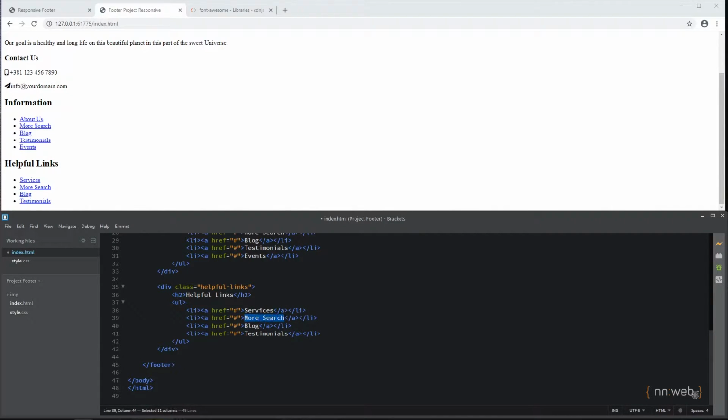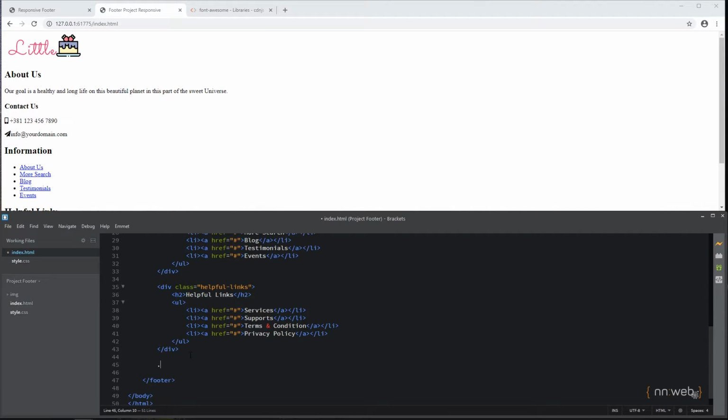services, and then type supports, then terms and conditions, and the last one is privacy policy, this one here. Okay, now let's add the division for subscribe form, division with class of subscribe form